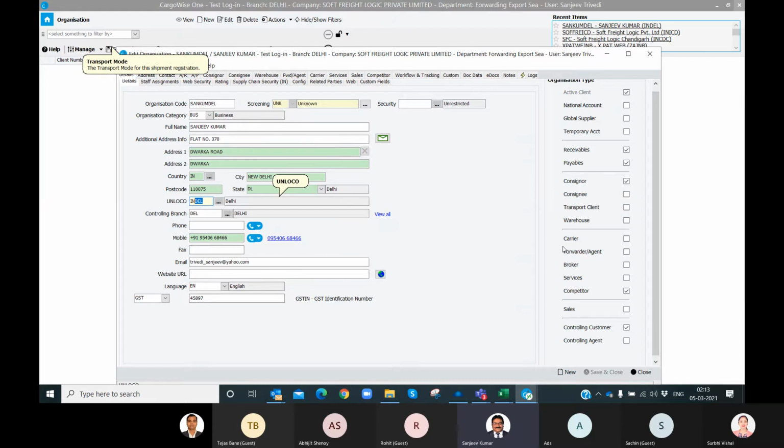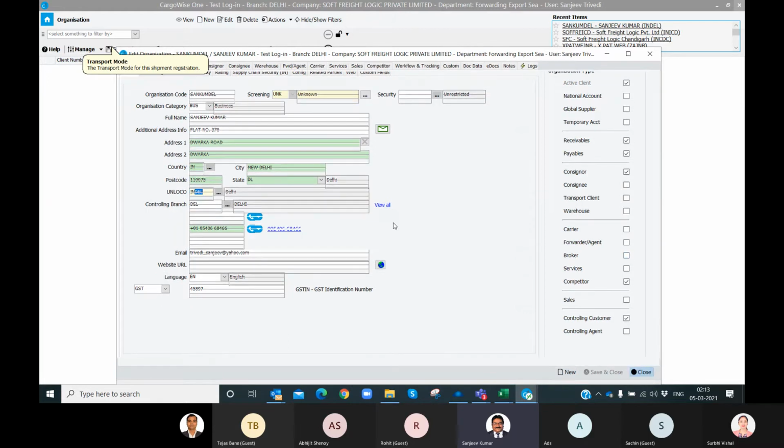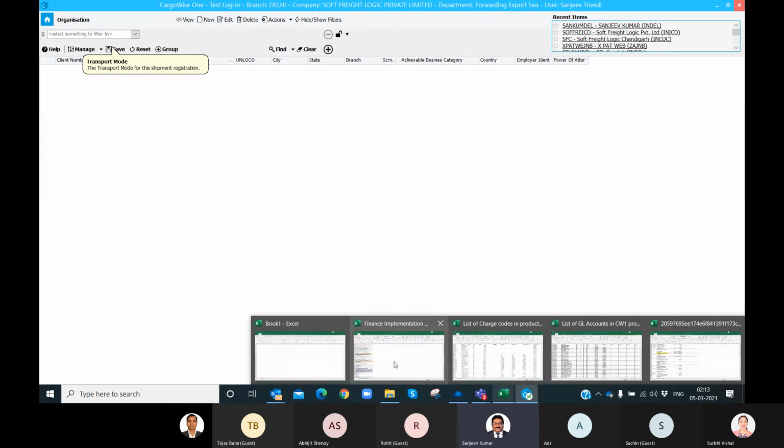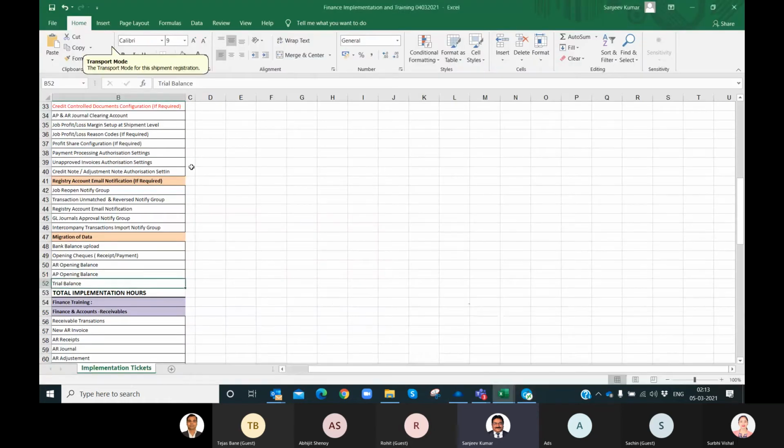Now, based on this organization code, opening balance related entries can be passed in the system. How will the software understand that a certain amount is outstanding for this particular organization? There should be a certain organization code. In CargoWise there is a code.